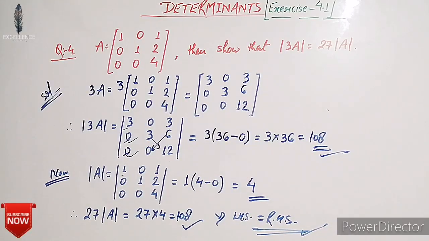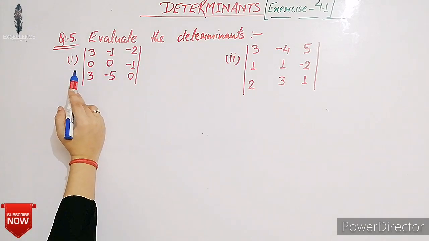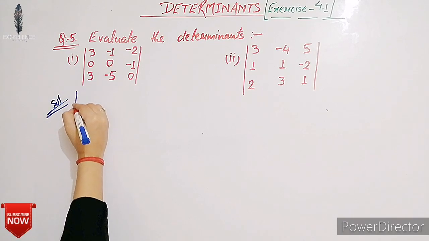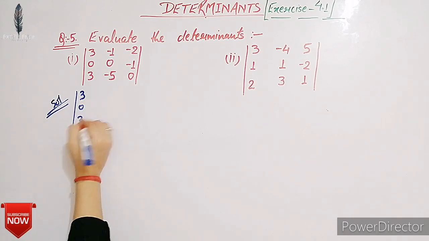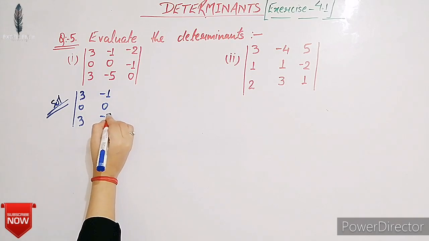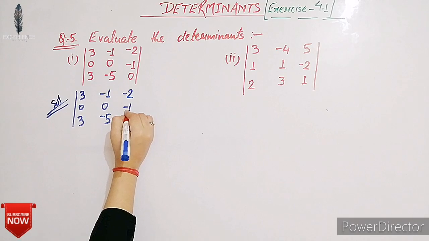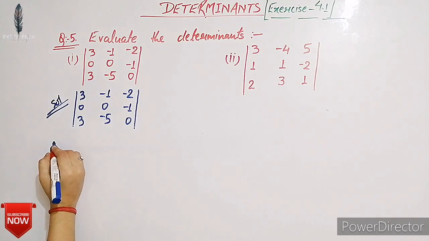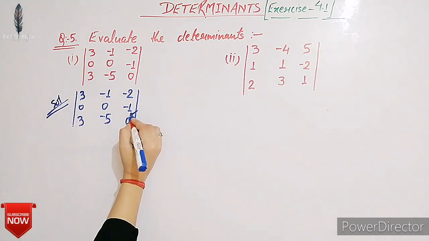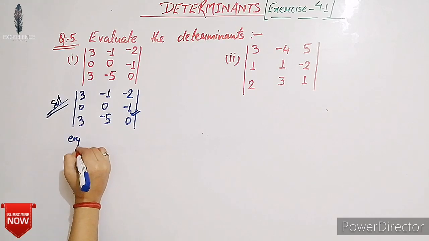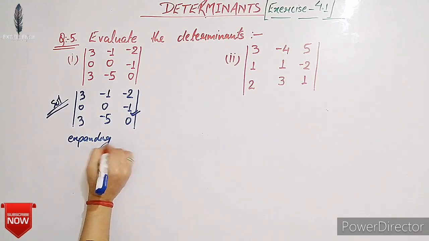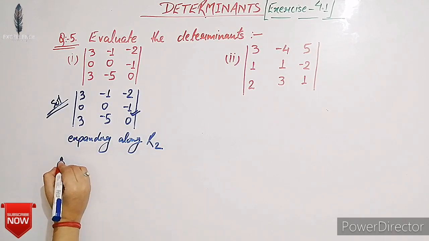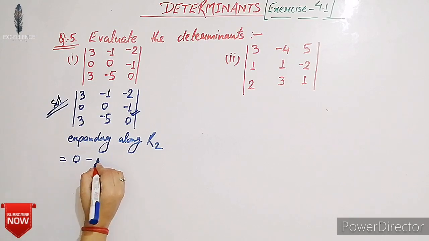Okay. Let's see the next question number 5. Here evaluate the given determinants. Let's see the first. In the first we have 3 0 3, minus 1 0 minus 5, minus 2 minus 1 0. Here expanding along the second row because it contains 2 zeros. Expanding along row 2, we have 0 plus 0,